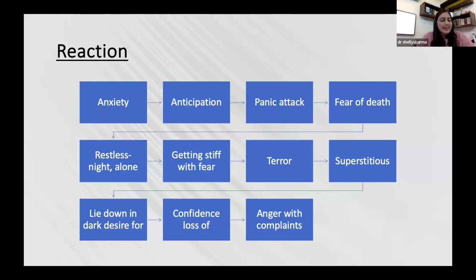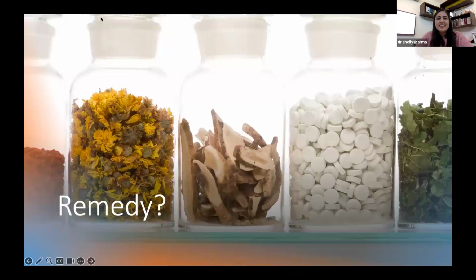Let's go ahead. So can anyone guess the remedy? I would love to know what remedy you are guessing. If anyone can guess a remedy, that will be great. It's a surprise for you all. Okay, I'll go ahead. Genoveva, what do you think about any remedy? Okay. So the remedy I gave here is